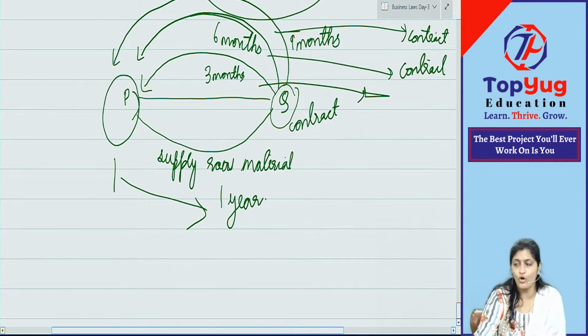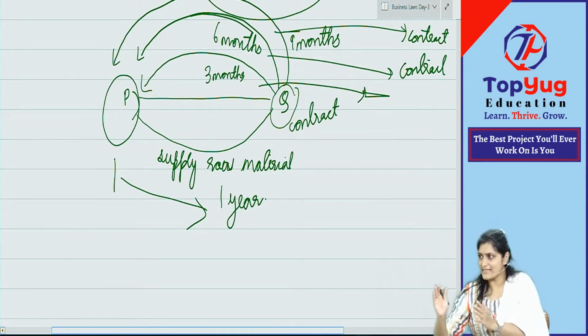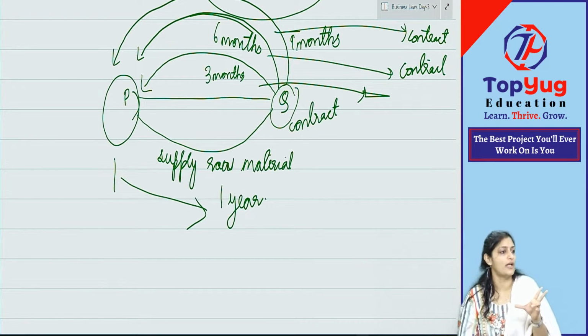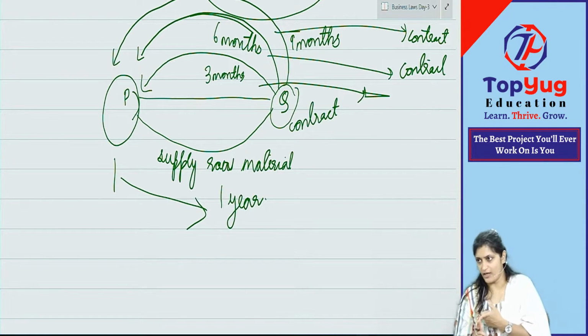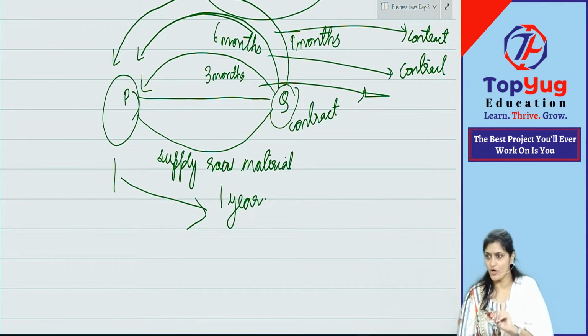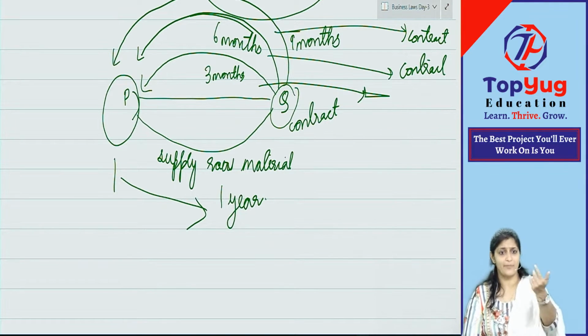Understood? So any offer which remains open for acceptance for a duration of time, that type of offer is known as what offer? Standing offer, continuing offer or open offer. Are you with me, buddy? Yes or no? Standing offer. Now say after one year he comes and tells you to supply raw material, then